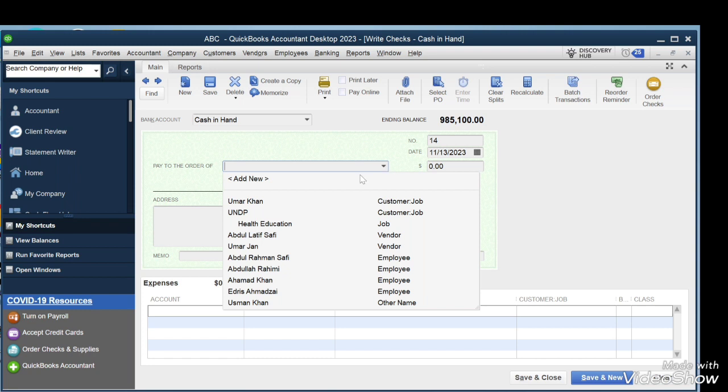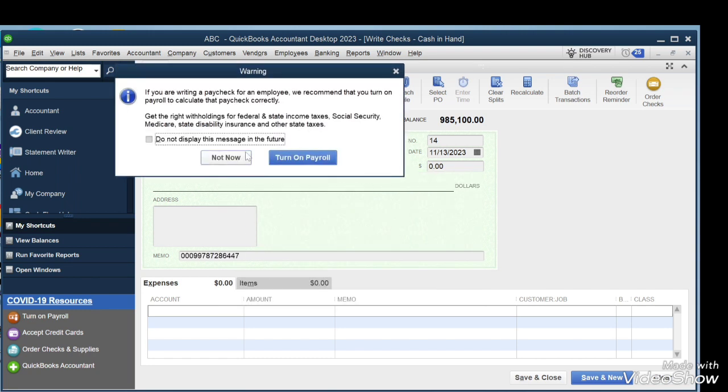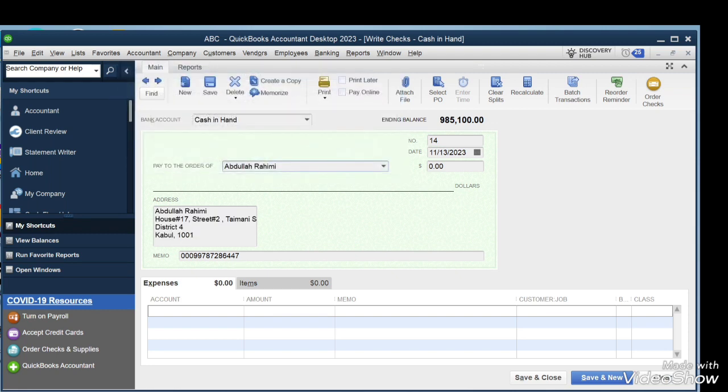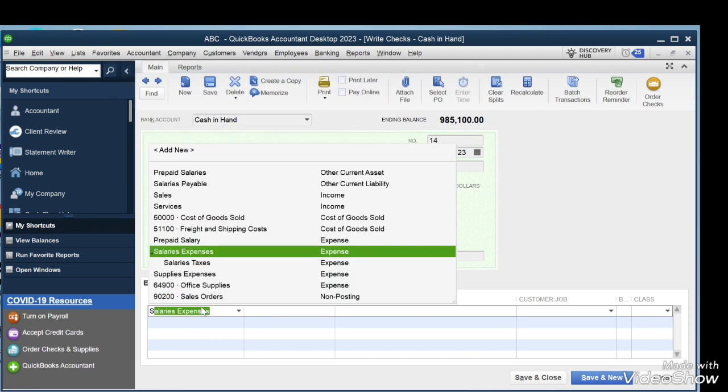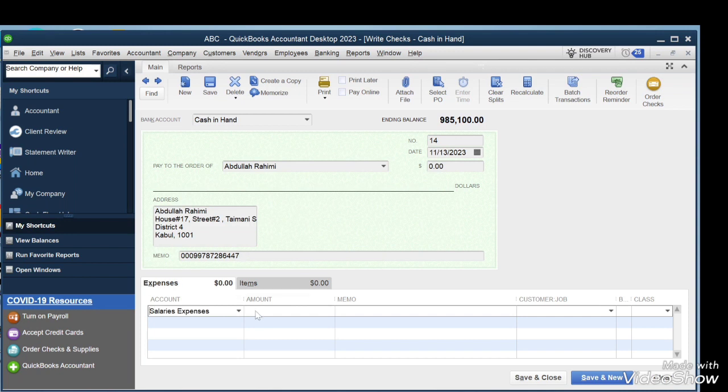If you pay someone, you can choose them. For example, I am going to pay salary to Abdullah Rahimi, then click on Not Now. Here you can choose the account, salary expenses, and here the amount, and here write the memo: cash paid, salary